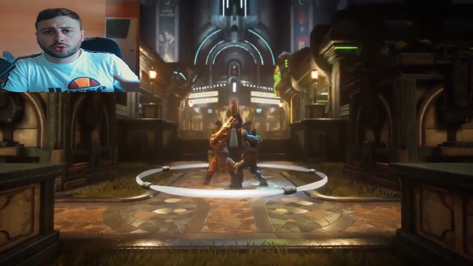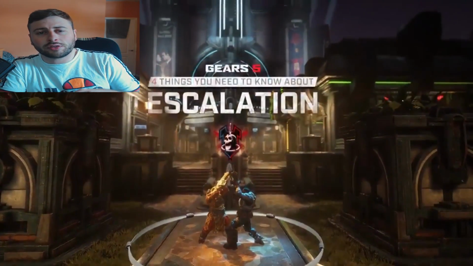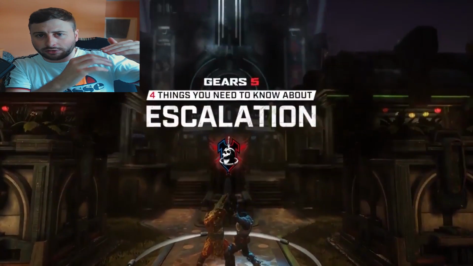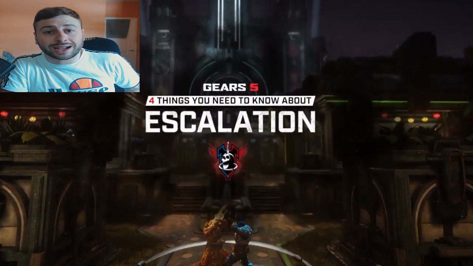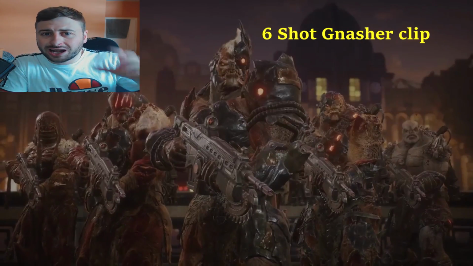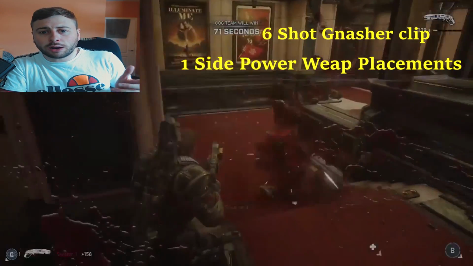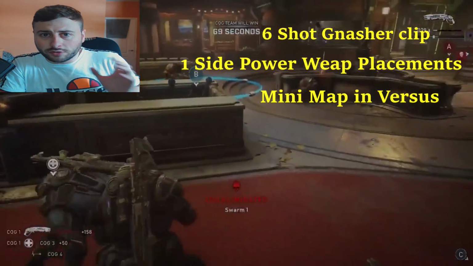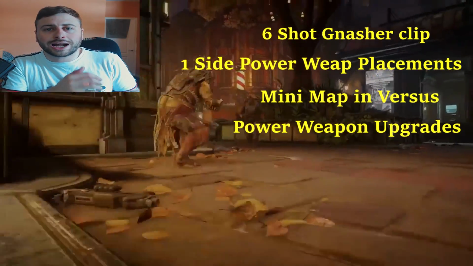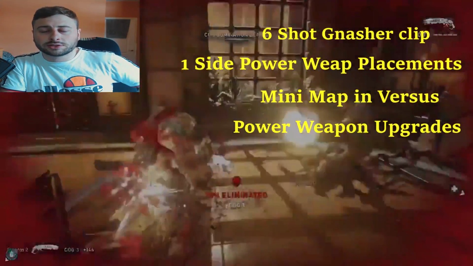First of all guys, I'm going to go through each thing that I saw, and also I want to give a shout out to Glint that posted it on Twitter and he gave a little rundown. So I'm going to go over this so you guys can see what we're going to be expecting in Gears of War 5 and also in Escalation 2.0. Your Nasher clip is only going to have 6 shots in it from the start. You're going to be able to get 1 side power weapon placement. Minimap is in versus only. Power weapon upgrades, you can actually upgrade each round to make more bullets into your weapons for you and your